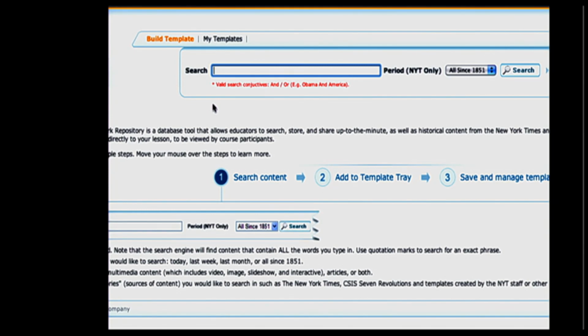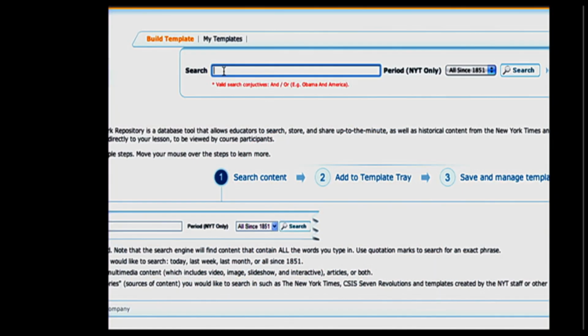And the New York Times is providing content in Project Share, if you can see over there on the right-hand side, all the way back to 1851. So you can actually search in the content repository all the way back to 1851 for articles about almost anything that you can think of.